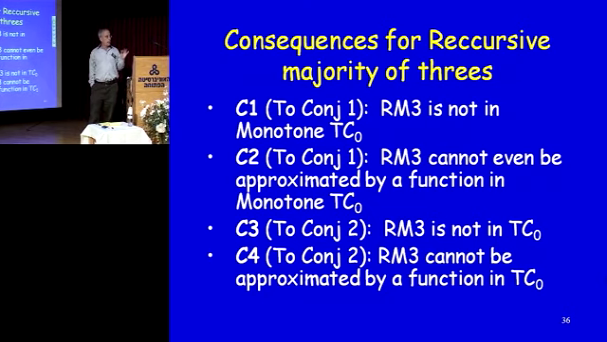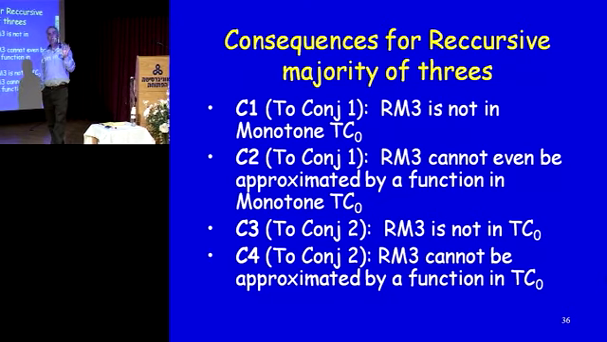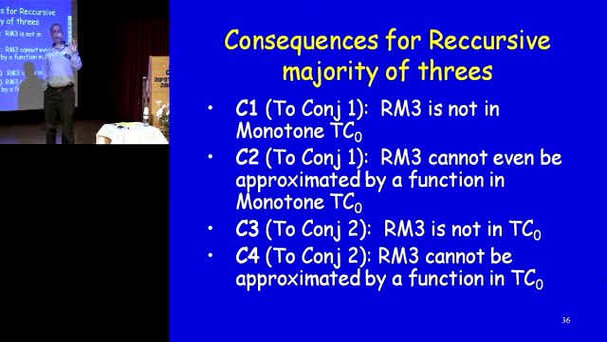The third consequence is that this recursive majority of 3 is not even in TC0. Now, this is generally believed to be true. And the fourth conjecture is that it cannot even be approximated by a function in TC0. I would say that for the fourth conjecture, I'm not sure it's true at all. But I would bet, I hope it's true. The third consequence is believed to be true, but it's almost outside the boundary of the